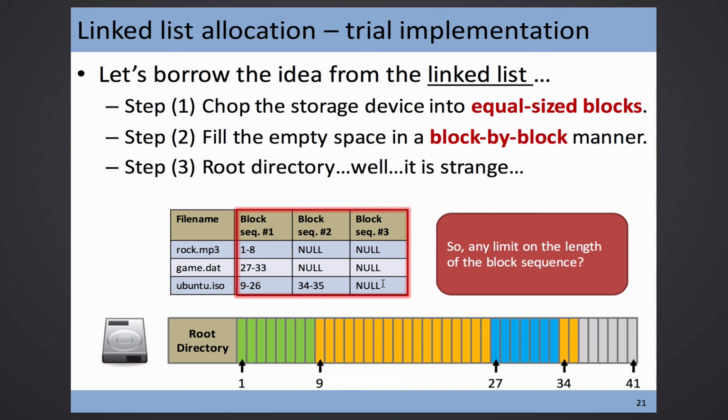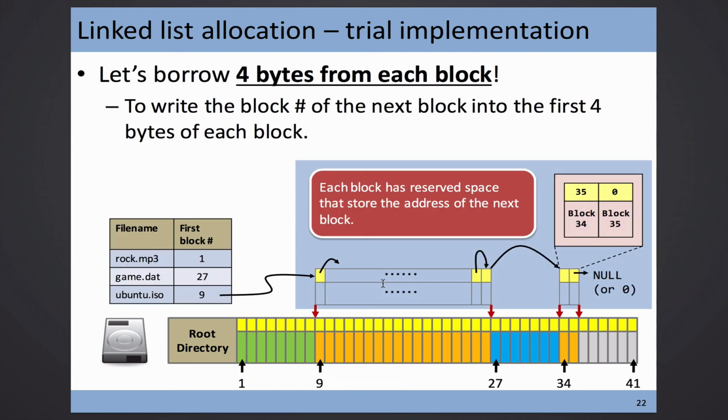There are 2 proposals. Okay, I give you the first proposal, the beginning, and then we will end this lecture, and you tell me whether it's good or not. The proposal is like this: borrow 4 bytes from every block. That 4 bytes is not considered as a data chunk. Each 4 bytes will store just the next pointer, right? I store my next pointer, but the next pointer is not a pointer, but a block address. Okay,